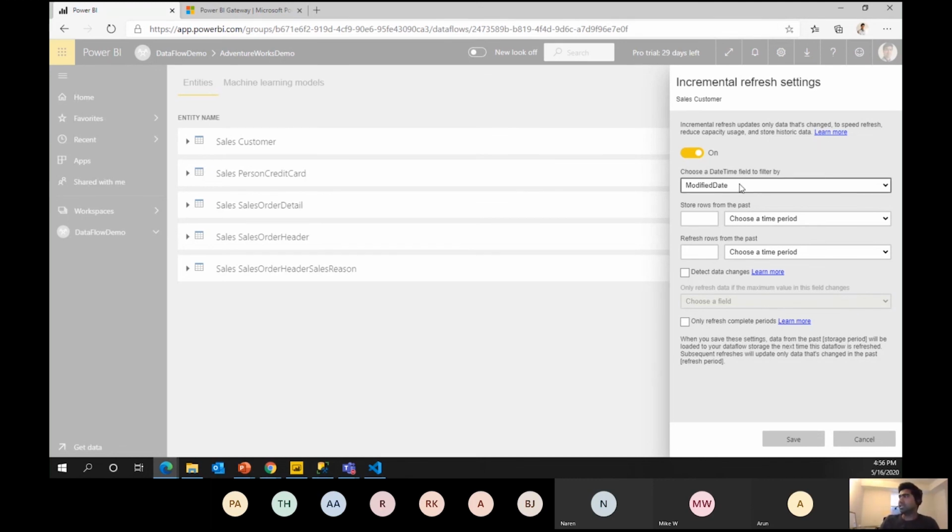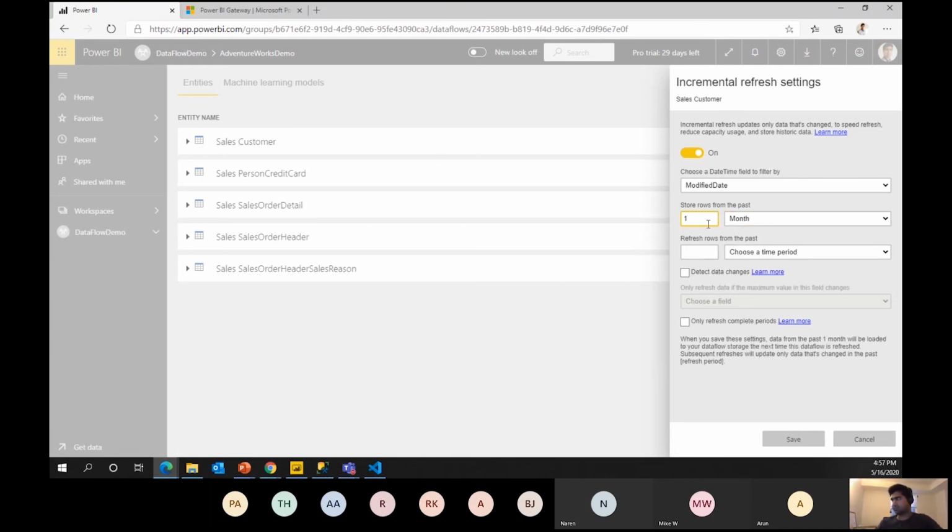So you need to define one date time field and then store rows from the past. Choose a time period from where you want to store the data. You want to store it from maybe the last 10 years, or maybe you just want to store the data for the last 1 month, right?